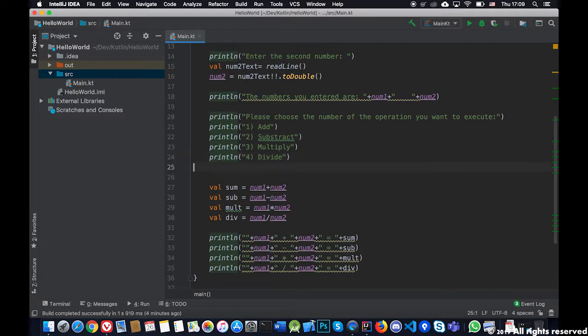So those are 4 options that we will have to read, to see which one the user chooses, by doing a